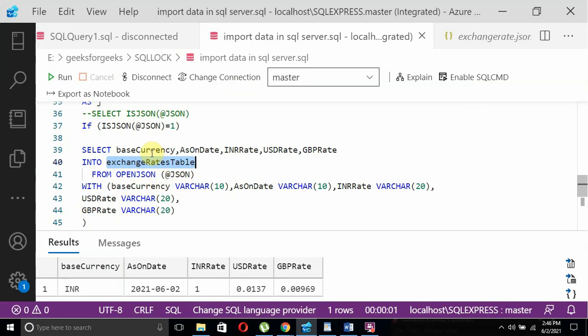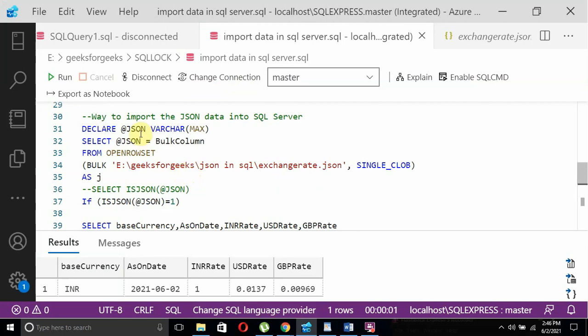Select base currency, as on date, INR rate, USD rate, GBP rate into the exchange rates table from OPENJSON at JSON. That means this JSON, how did you read it? By using BULK column from OPENROWSET as single CLOB. So the entire JSON is read and stored into this at JSON variable.